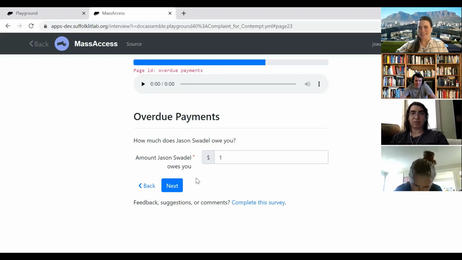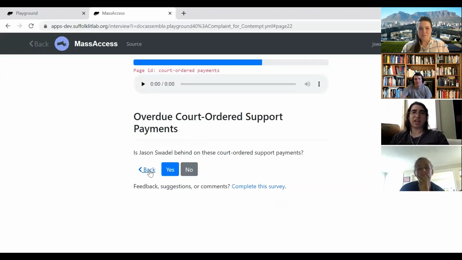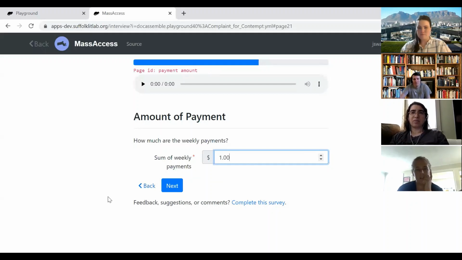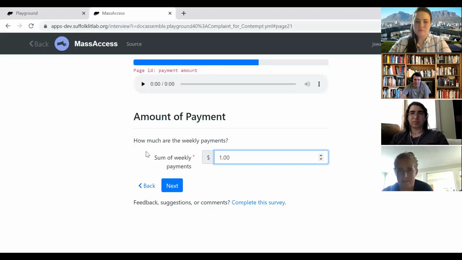I have a quick question. The questions about payment earlier, I don't remember if it said how much is the defendant supposed to pay you, or how much the defendant pays you. I think it was the order amount and frequency in the beginning. Remember those questions we're going to put all on one page? Right, but do the questions literally say how much the defendant pays you, or how much has the defendant been ordered to pay you? That's a really good point. I can see that being ambiguous. Somebody saying how much are the weekly payments, being like, well, he pays me 0 right now.